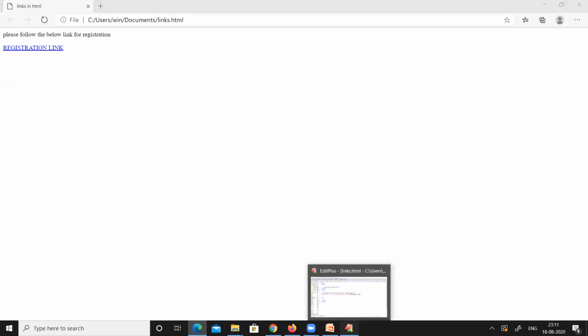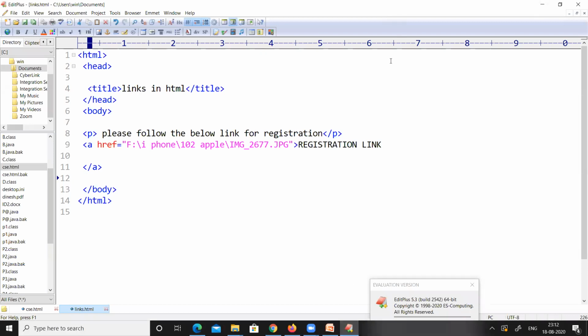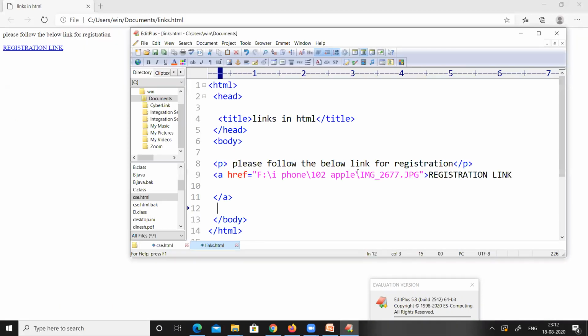Let us see the program again. I'm just decreasing the size of the window. This is the program. Any HTML program starts with an html tag, and then we have a head tag, and under the head tag we have a title tag.